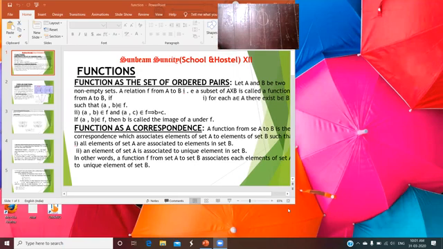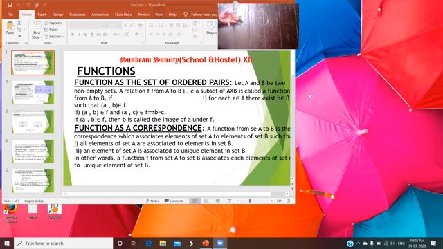Okay. So today we have to start about the function, which is also known as a relation which has some specific property. You already studied function in class 11th also. So first of all, we have to recall all those things which we studied previously. So relation as a function, or you can say function as a set of ordered pairs, which is visible on your slide here. Here you have two sets, suppose non-empty sets A and B.